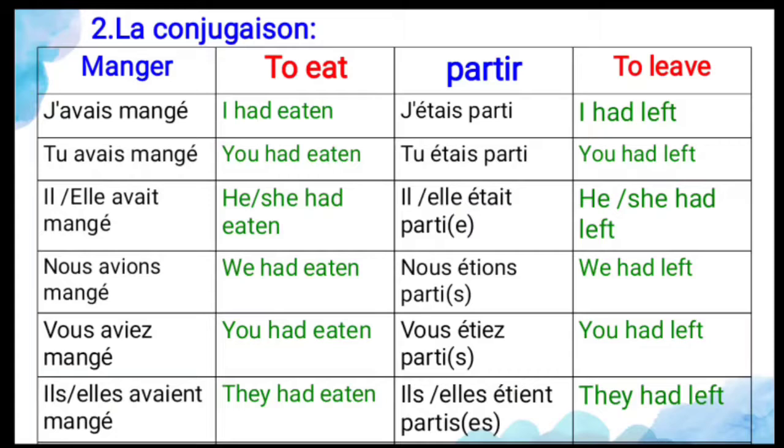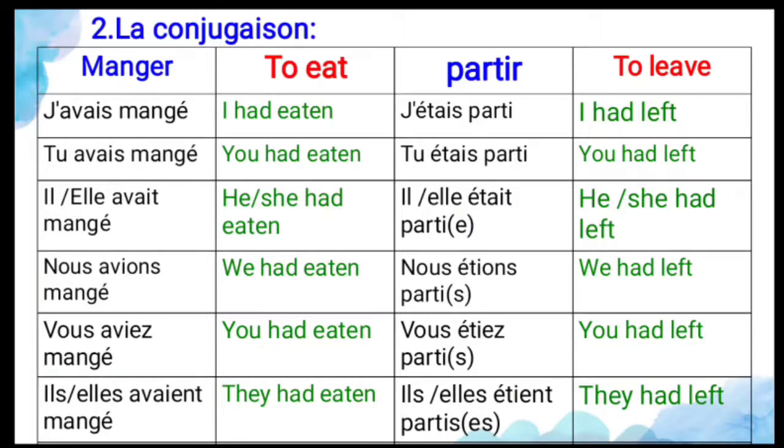And let's move to the next verb. Partir. Partir means to leave, and the partir verb is in that 16 verbs, that is Dr. Mrs. Vandertramp, so you use the être verb conjugation in imperfect tense. So j'étais parti. The partir verb ends with ir, so you have to use the i ending only. J'étais parti, I had left.